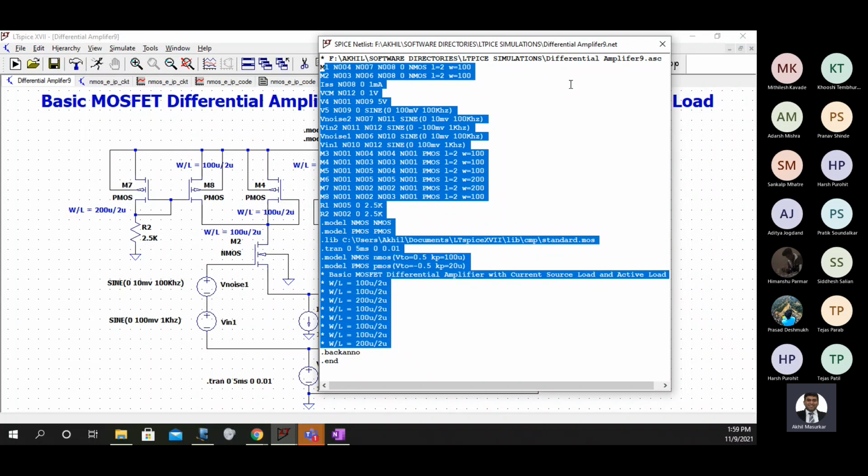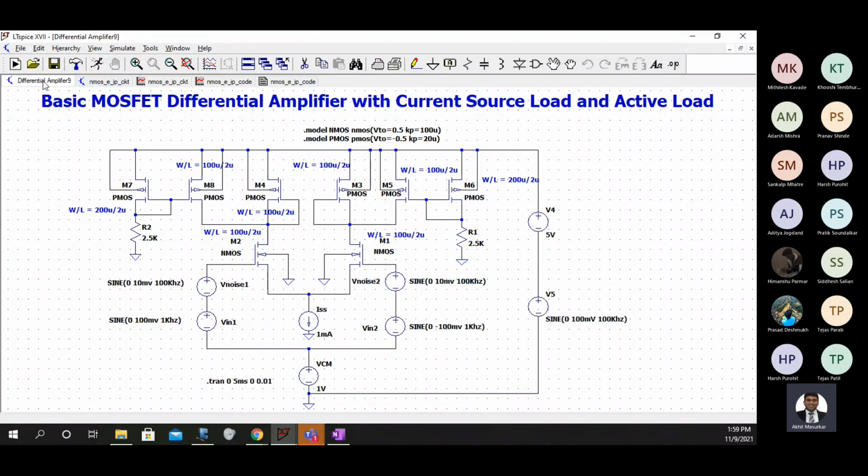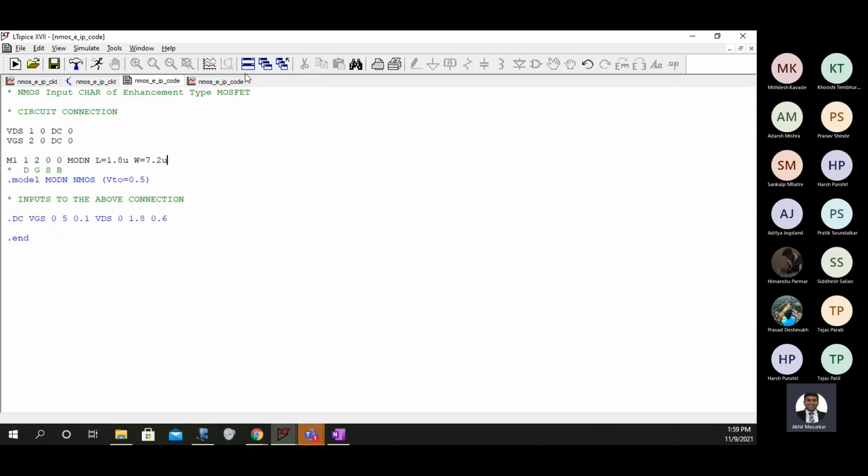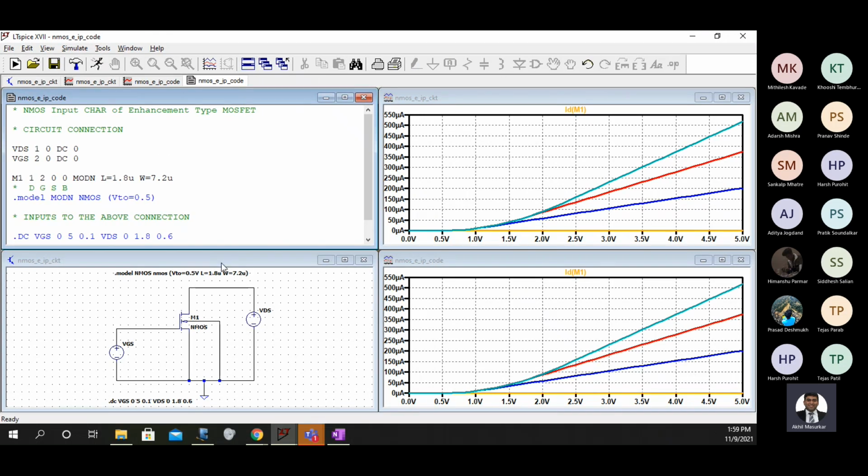So this entire process is automated in Spice. We don't have to worry about all those things, and that is why you should appreciate this schematic version of Spice, because it saves a lot of time and helps you come to the results very fast.